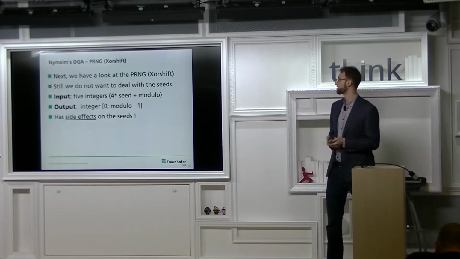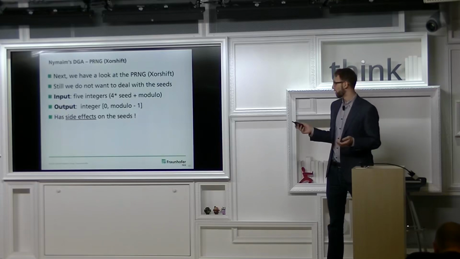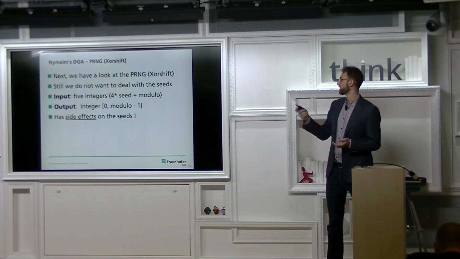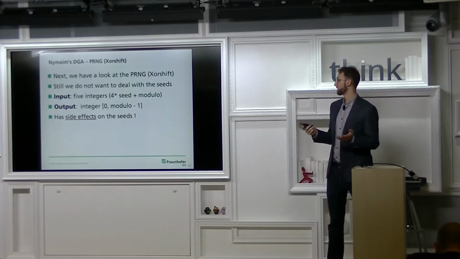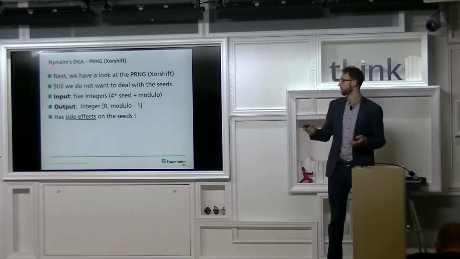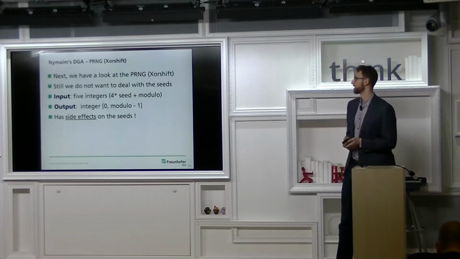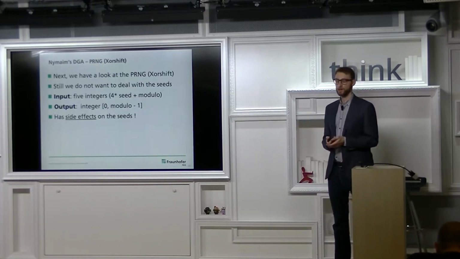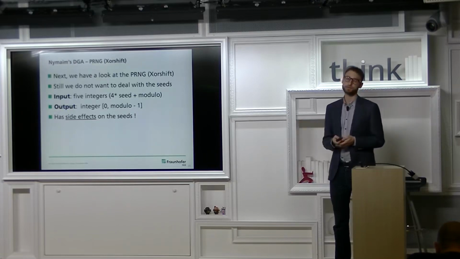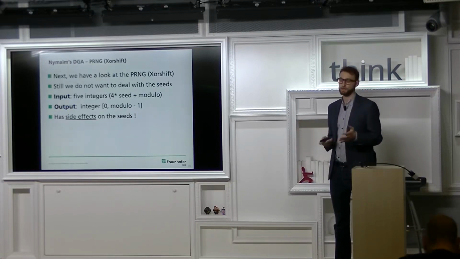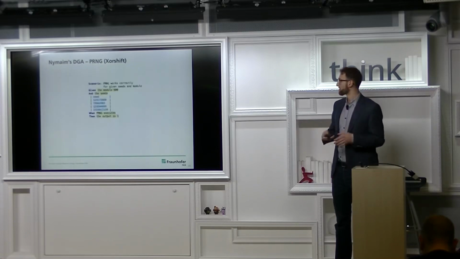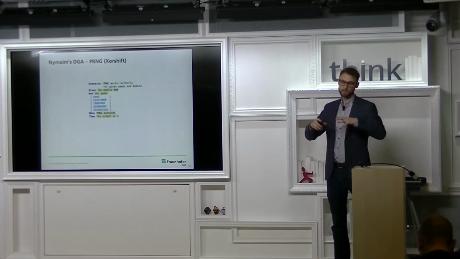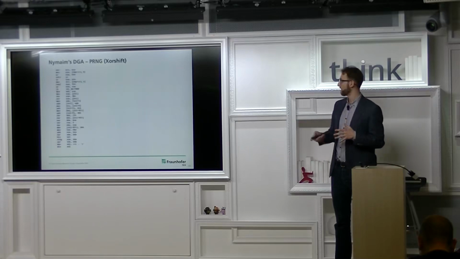So I reversed it, and as you can see here, this takes 5 integers. 4 of them are seeds and one modulo, and it outputs an integer in the range from 0 to modulo minus 1. So one has to be careful here because the execution of this pseudo-random number generator had side effects on the seeds. So then I again first came with a test, what I wanted to test, and I